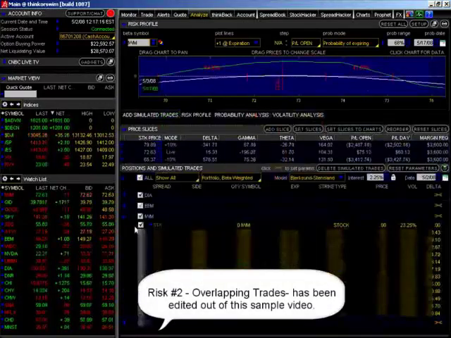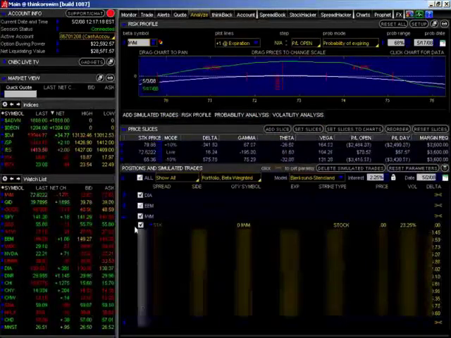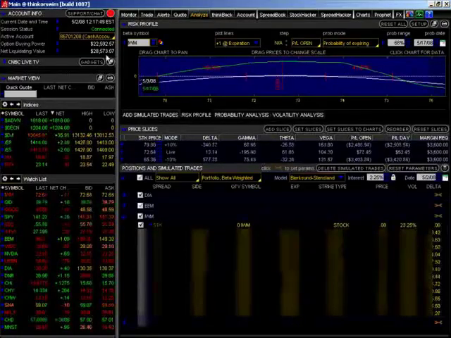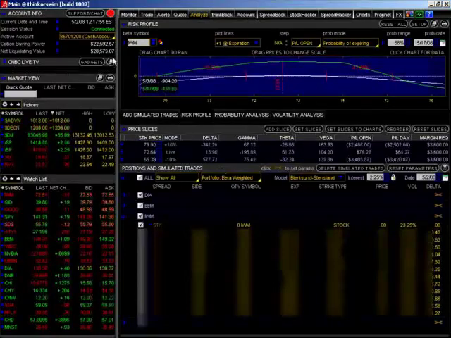The third thing I want to warn you about, and the third risk of really this type of business, is the allocation of capital. Allocation of capital means that you have so much capital available to you. Even if you had $200,000, you don't want to spend $230,000 on opening these positions.